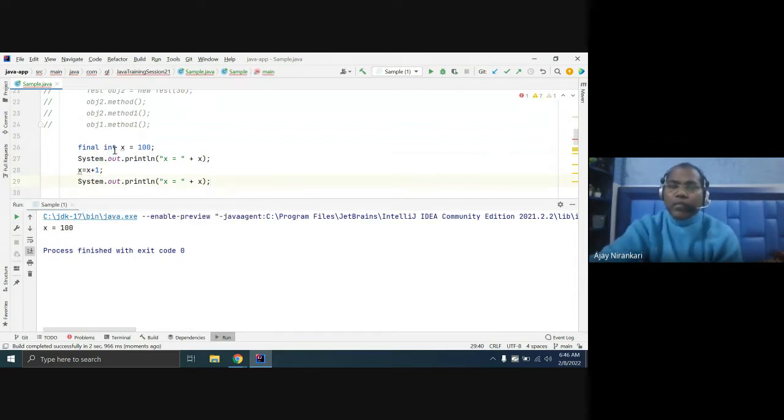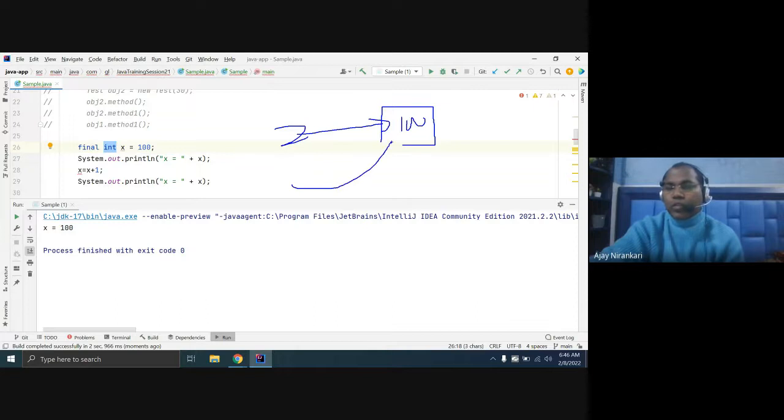A final variable is assigned only once; once assigned, you cannot change this value. Any variable you can mark final. It means whenever x is allocated and you assign 100, after that you can only read the variable x, but you cannot change the value it is holding.